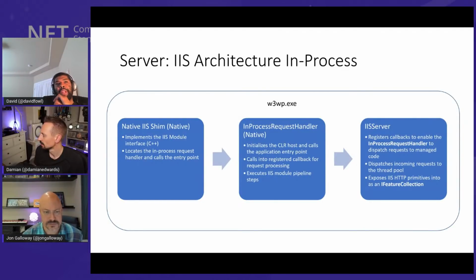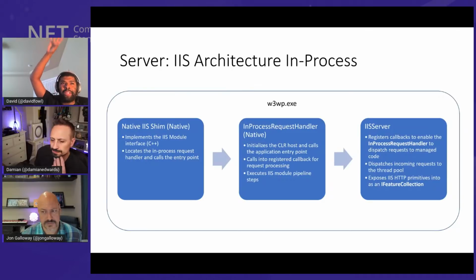So whenever you want to write an IIS module in C++, you have to write a piece of code, compile it as a shared library, a DLL, and install it globally on the machine, and then put in application host config: here's the module, here's the path to the DLL, and it has a certain shape, and it all works fine. So our shim does that, and then our shim does magic to load from the right location, either the shared framework or your application path or wherever,